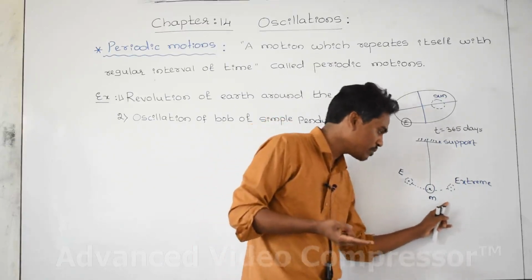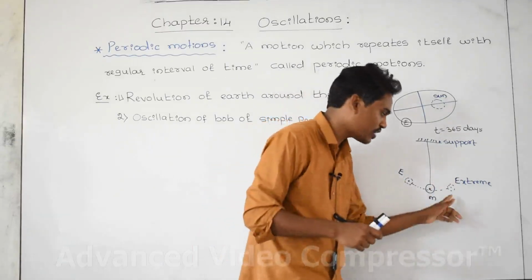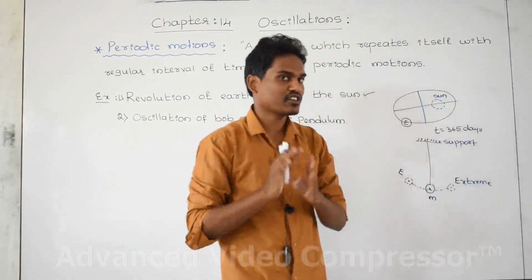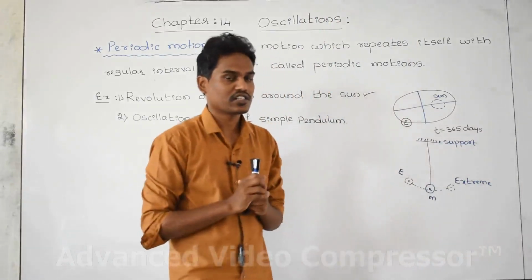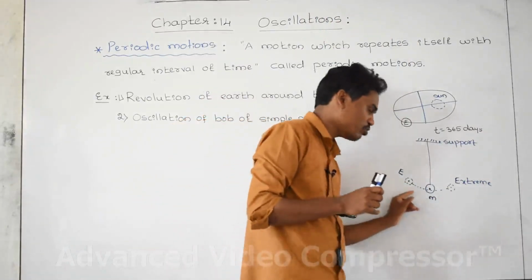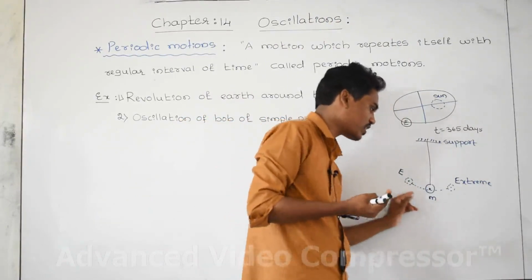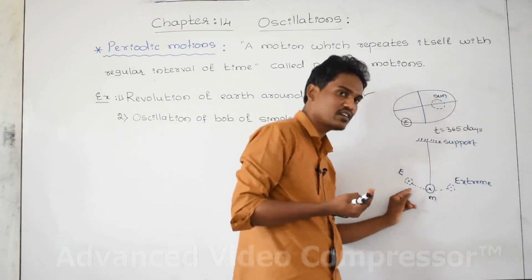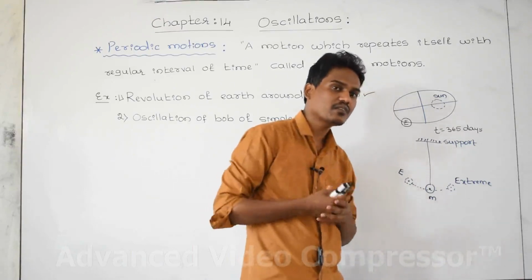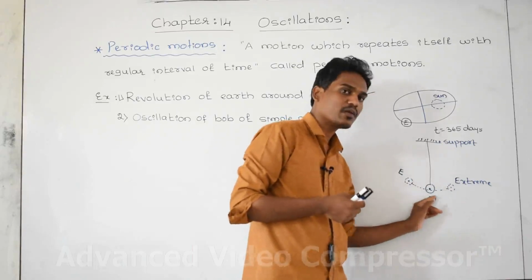Seventh cycle also takes 2 seconds. For example, I have taken the time as a reference, not a standard value. If the first cycle takes 2 seconds to complete, then the second cycle also takes 2 seconds, the third cycle 2 seconds, and the fourth cycle 2 seconds. For each and every cycle of this bob of the simple pendulum, what is the